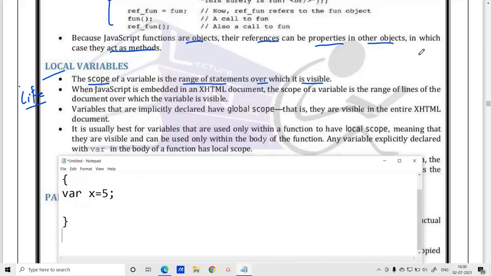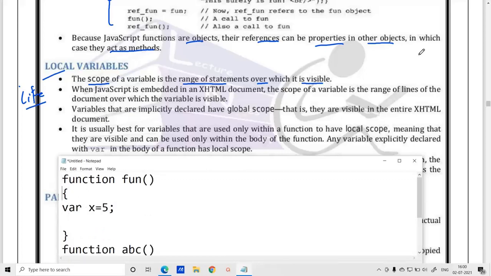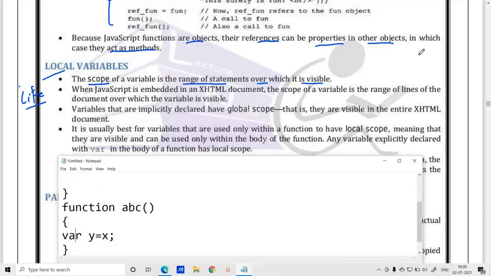This x will not be available if I write one more function, say the function name is abc, and I close this function here. Now if I try to write variable y equal to x, this will give us an error because x is defined only within the function called fun. This is not available for the function called abc,